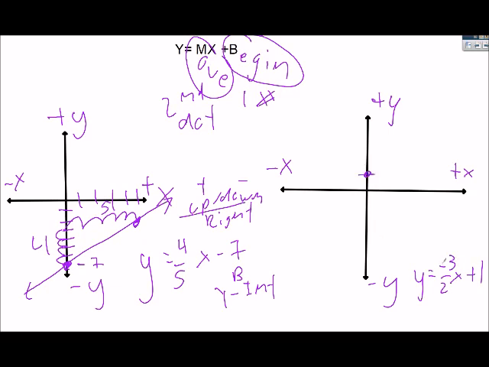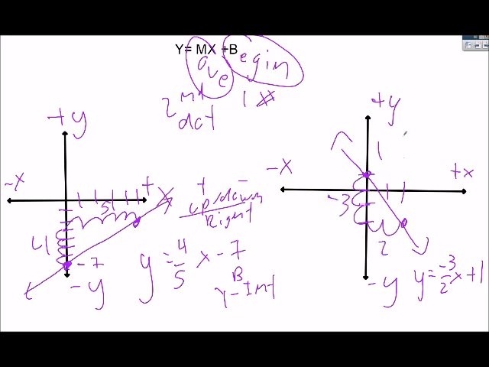Alright, let's do another example where I have on the y-axis at 1, and that's my y-intercept. And this negative tells me to go down 3. So 1, 2, 3. And then always to the right, never to the left, even if it's negative, always to the right. I'm going to go to the right 2. So there's my second dot. 2 numbers, 2 dots, connect them, draw arrows, and let's just review. I started at my y-intercept of 1, I went down 1, 2, 3, and then over 1, 2,